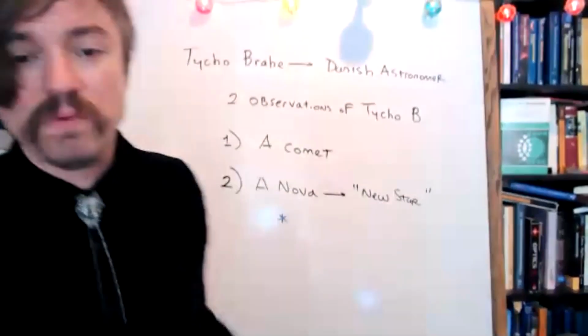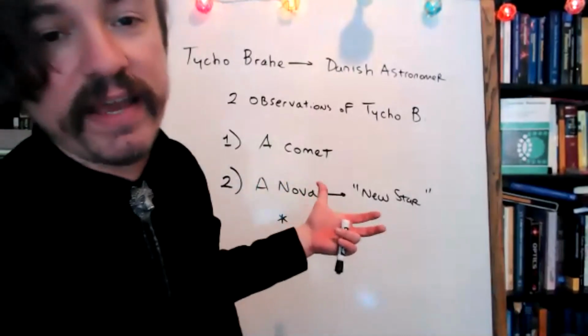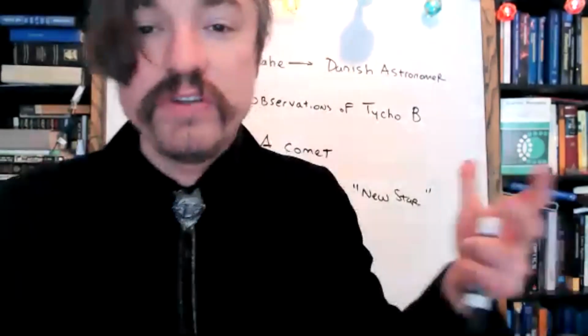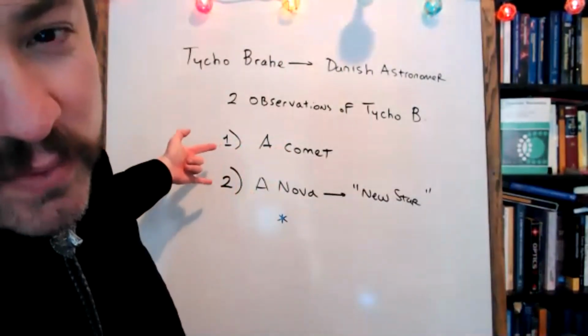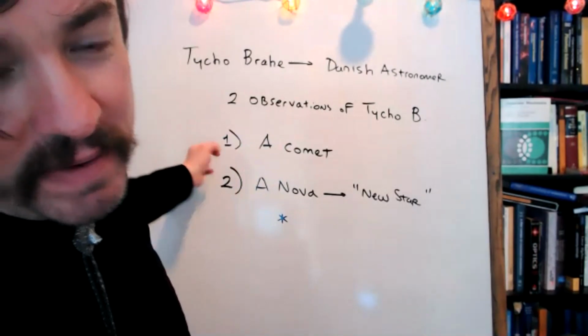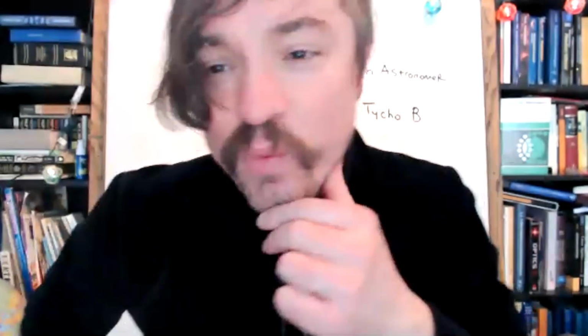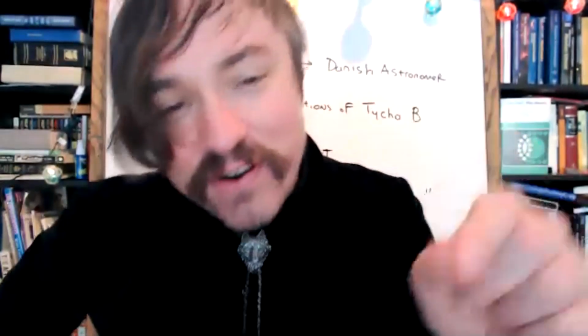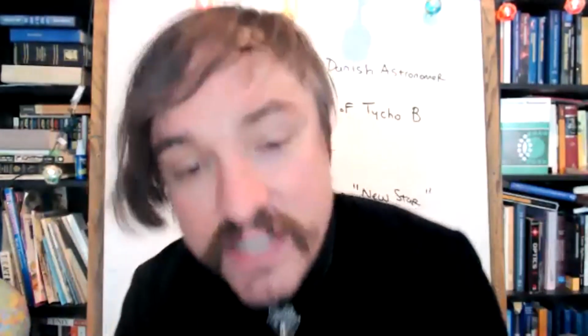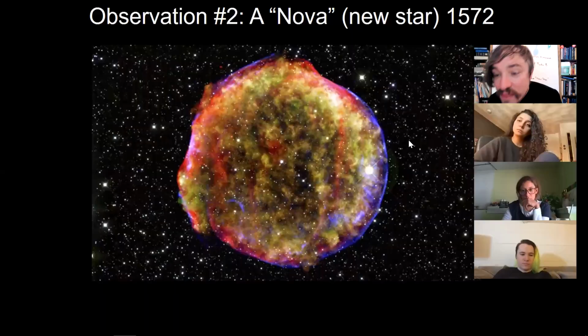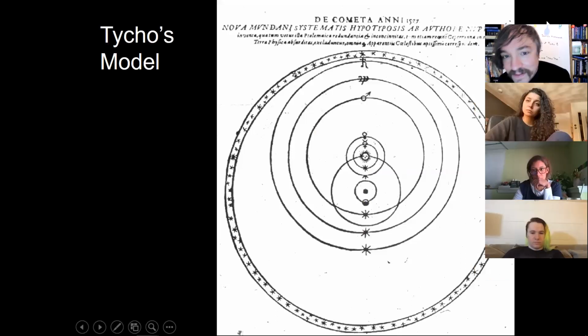So what is Tycho Brahe to do? On one hand, there's no parallax, and Earth must be the center of the cosmos. On the other hand, the cosmos is way weirder than any Greek philosopher would have thought about. And gee whiz, we can't help but admit that Copernicus had a really slick description of retrograde motion. Tycho, ever the good scientist, invented a third model of the cosmos, and it's known as Tycho's model.